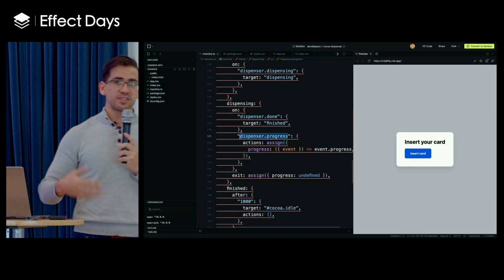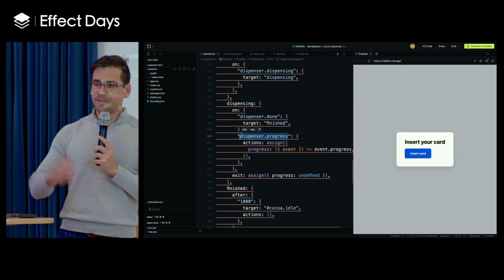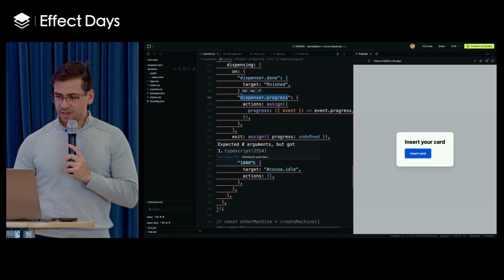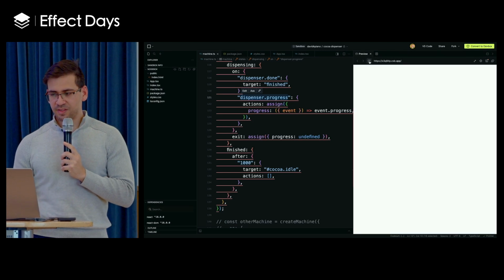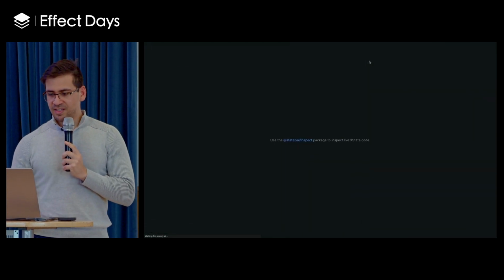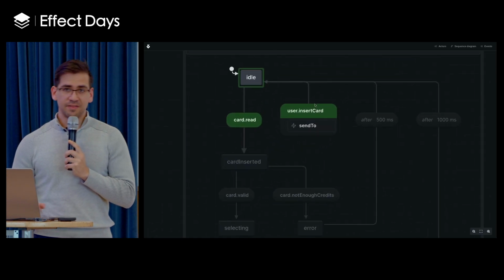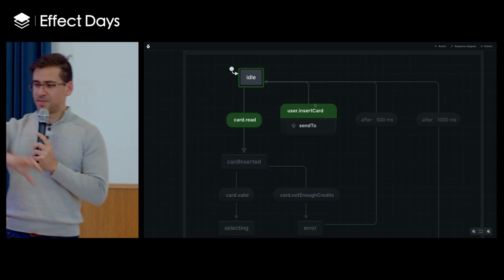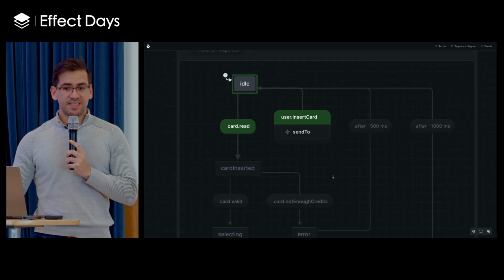So again, these aren't just simple promises. These are actors that are communicating multiple events back to the parent machine. And then once that's finished, well, we have our hot cocoa. So I'm actually going to reload this. Hopefully the Wi-Fi works. And you'll see that we're actually inspecting that machine live. So that exact same code that we saw over there is being sent over to the Stately inspector, and we're visualizing it in real time.